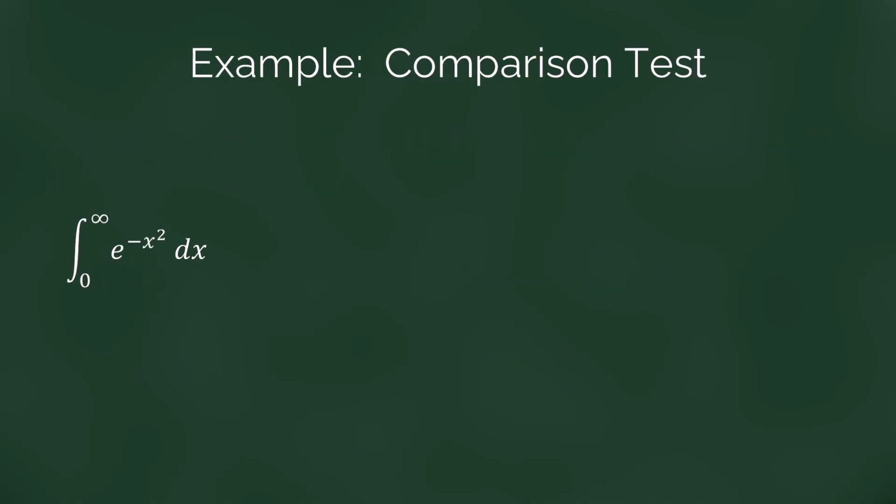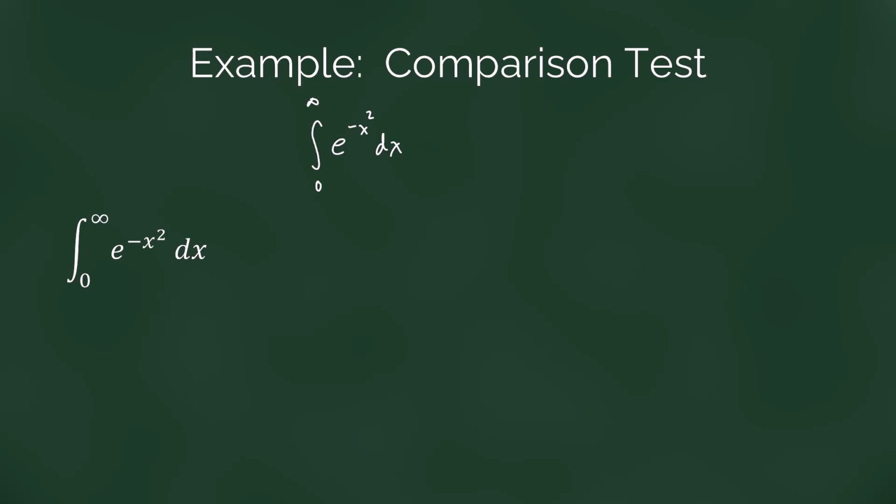To try out these comparison tests, let's consider the integral from 0 to infinity of e to the negative x squared dx. We've looked at this previously in the video about numerical integration. This is one of the functions that does not have an antiderivative that we can come up with analytically. And so, in order to determine whether or not its integral between 0 and infinity exists, we can try a